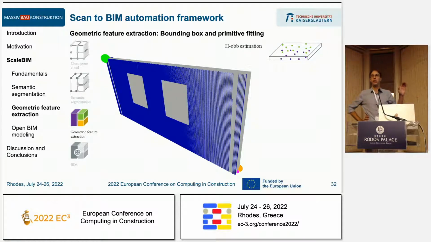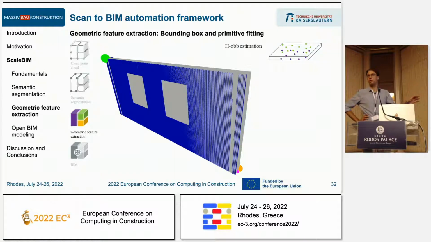Actually here, you can assume that in many cases the lower and upper bounding of such a wall would be horizontal, so you can reduce the problem of bounding box estimation to a 2D problem. So we project all points onto the XY plane, then determine the convex hull of the 2D points, and by assessing the volume of every option, where you find the minimum volume, you actually have the minimum bounding box. And as you can see here, at least for the data we've tested so far, this works pretty well.